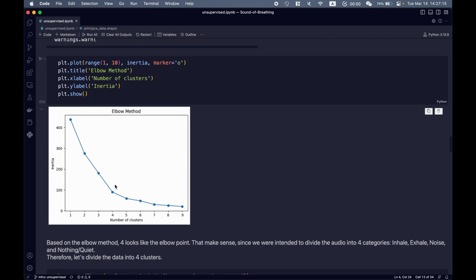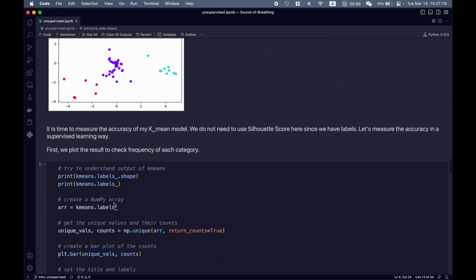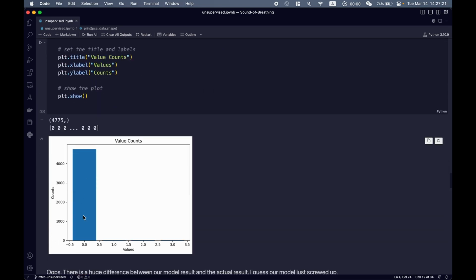The elbow method gives me the good number of clusters, which is 4. However, the final result gives me this. Most data are clustered in one group and a few in the other 3. So this method is not